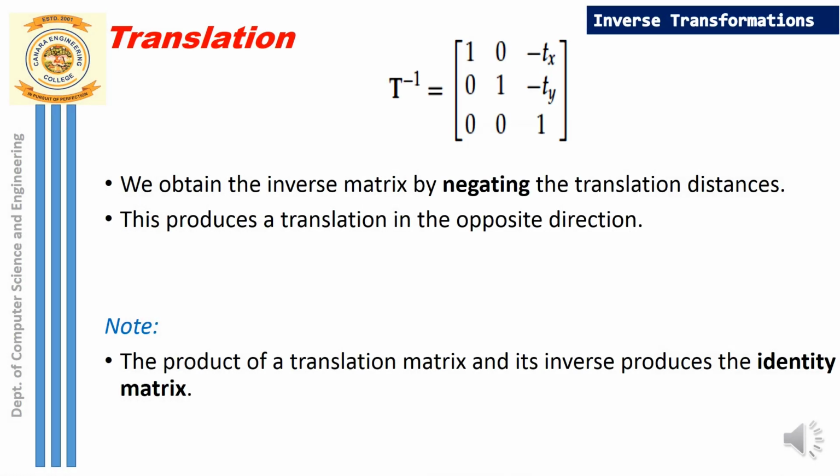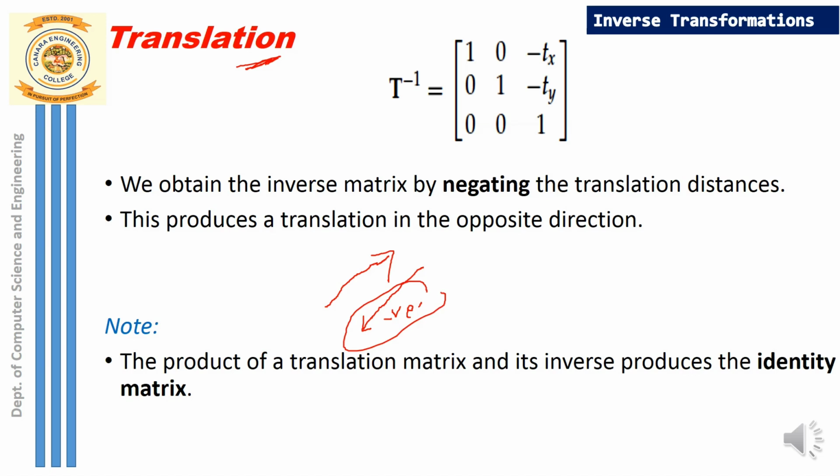Let's start with the translation, the first transformation technique, and we will discuss what is inverse translation. So inverse translation is the one wherein we are just performing the displacement in the backward direction. Earlier we had translated or displaced the object along forward direction, that is in the positive direction you can say, whereas now you are displacing the object or moving the object in the opposite direction, or in other words you call it the negative direction. So this opposite direction translation you call reverse translation.